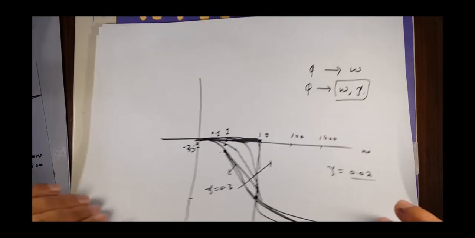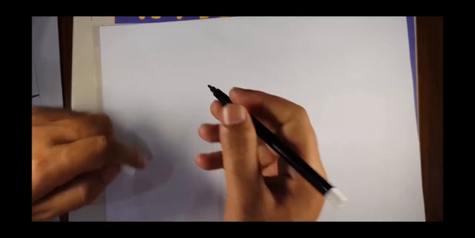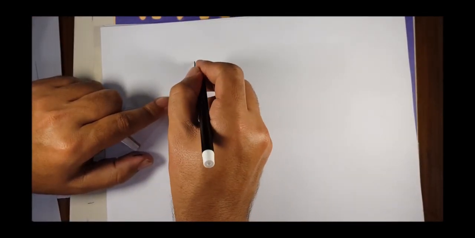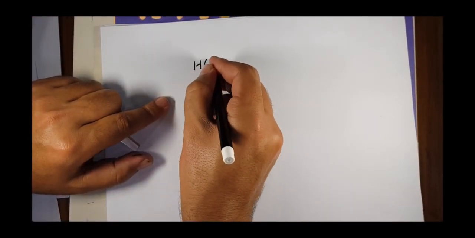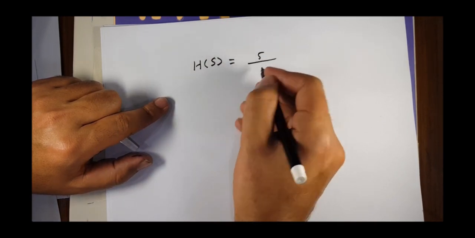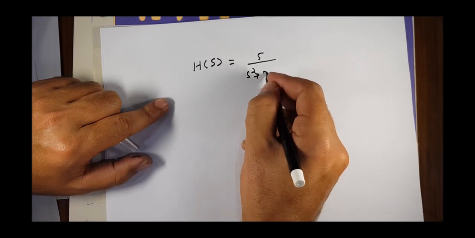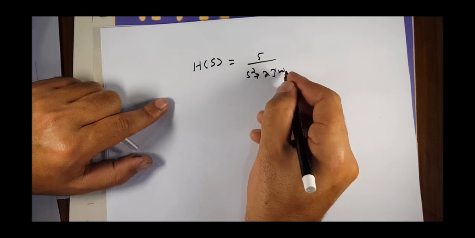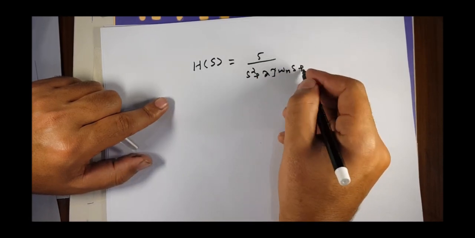Now you can solve these examples at home. Say you have a transfer function H of s equal to 5 over s squared plus 2 zeta omega n s plus